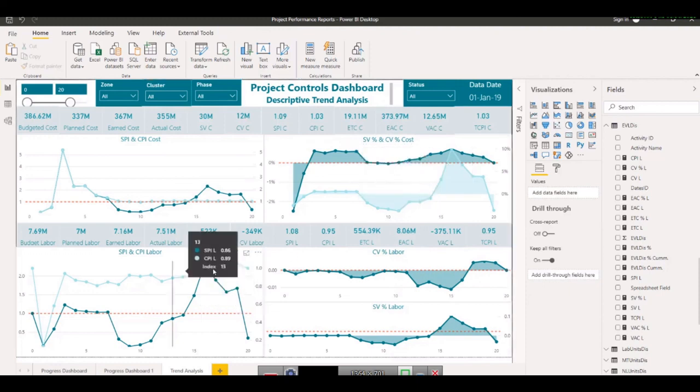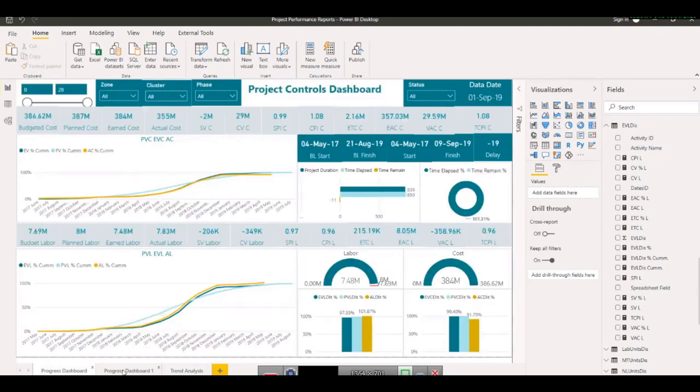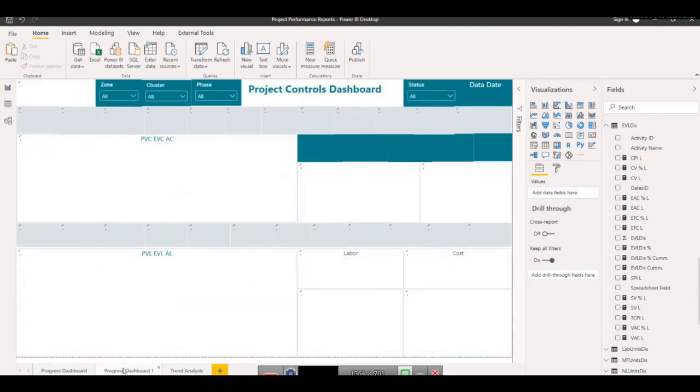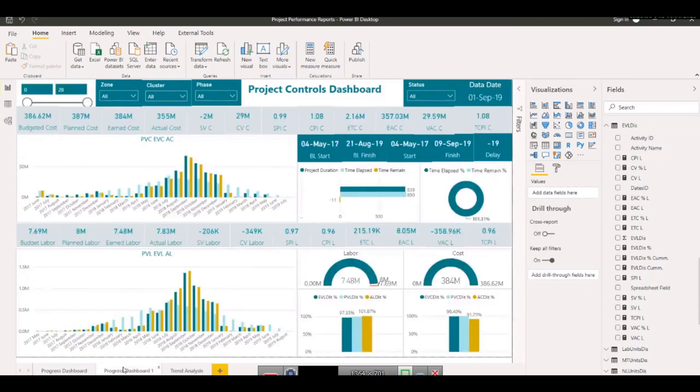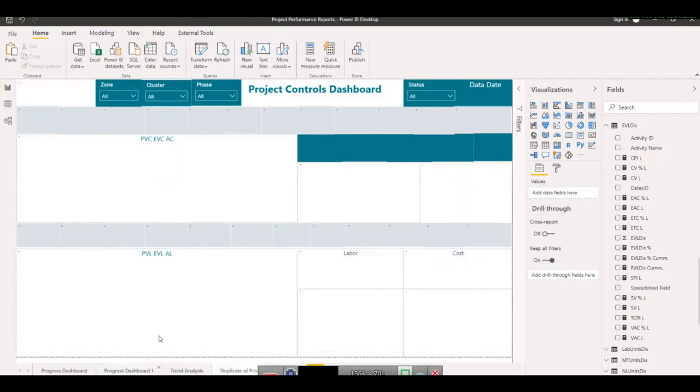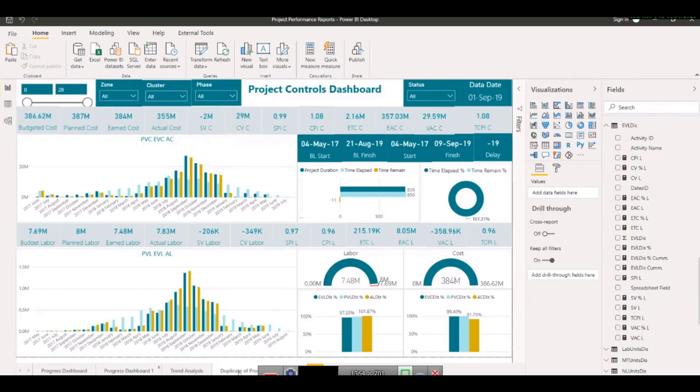Okay, so now we need to go into the detailed reports, because we have done only the dashboard level things now. So the next things will be our detailed reports, what we can use in the detailed reports. So for that, I will take the data from the same sheets in order to proceed. So let's say I will take the data from here, duplicate, I want to make this sheet a detailed cost report,